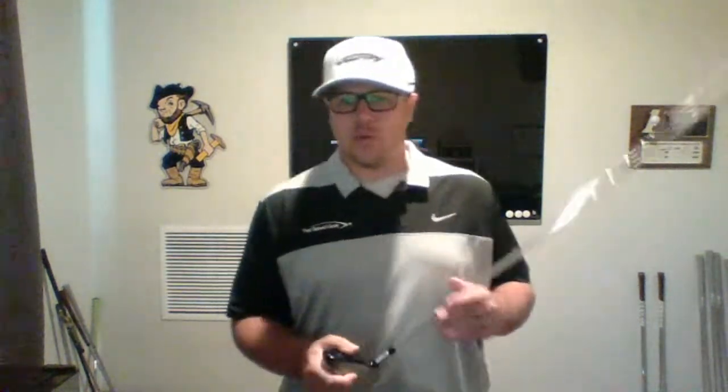So basically the best way to hit a power fade, a true power fade, it's a really hard shot to hit because you have to de-loft the face even more. So what's happening is that when you're trying to fade the ball, the face has to be open to your club path. So when you open the face to the club path, what happens is you usually add loft a little bit. So if you don't get any more forward shaft length, so let's say this is the forward shaft length that you have, and you open the face, well, what happens is it adds loft to the face. So what do we have to do to combat that, to take that loft off there, is you have to de-loft it even more. So that's why it's a harder shot to hit, because most people just struggle in general with de-lofting the face.